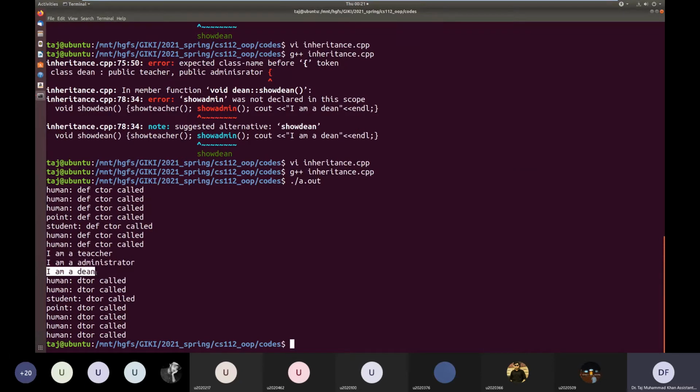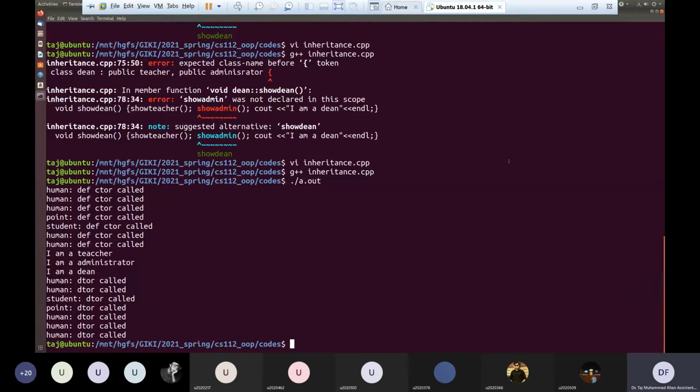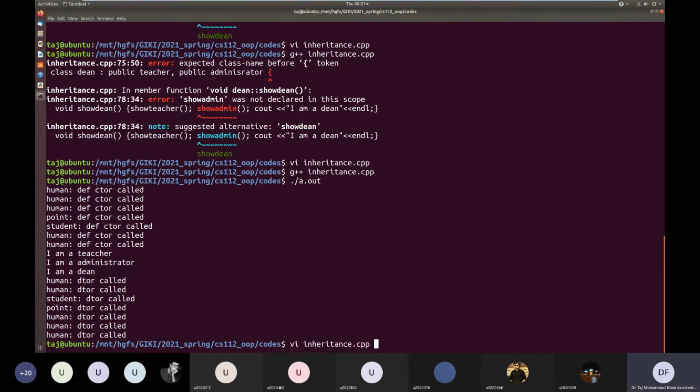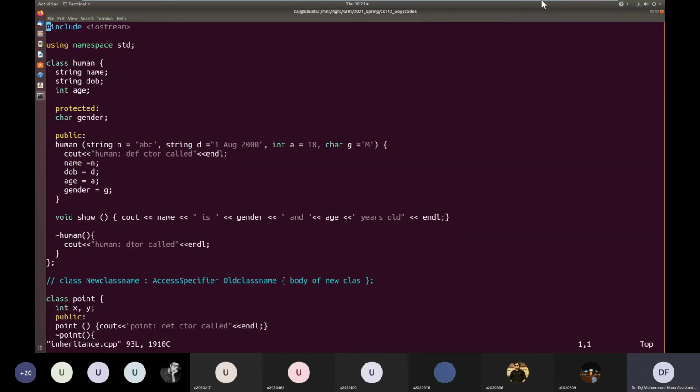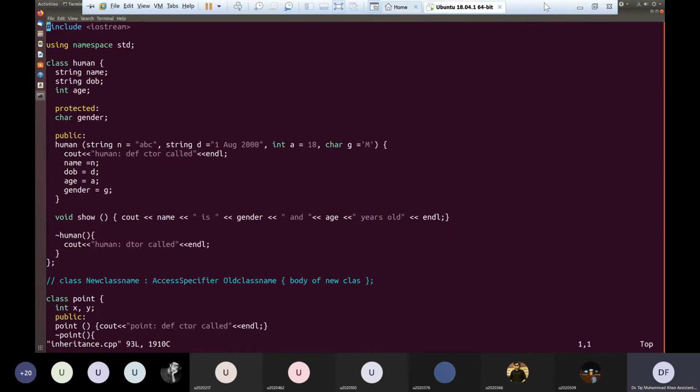So since Dean has inherited from both teacher and administrator, inside Dean we have access to both their member variables and member functions, teachers as well as administrators. This phenomenon is called multiple inheritance, when we can inherit from multiple classes.